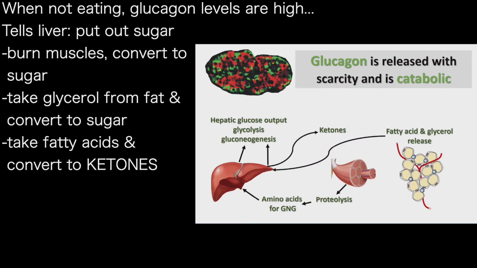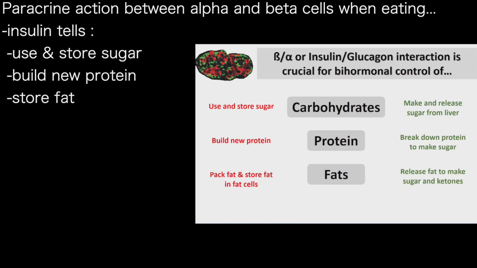What it is telling is that, in a situation in which you are not eating, this is what glucagon is doing. Because glucagon levels are high, it's telling the liver, put out sugar, burn the muscles and convert them to sugar, take the fat, the glycerol from the fat, convert it into sugar, and take the fat and convert them to ketones. So the paracrine interaction between the alpha and beta cells, when you're eating, insulin is telling,